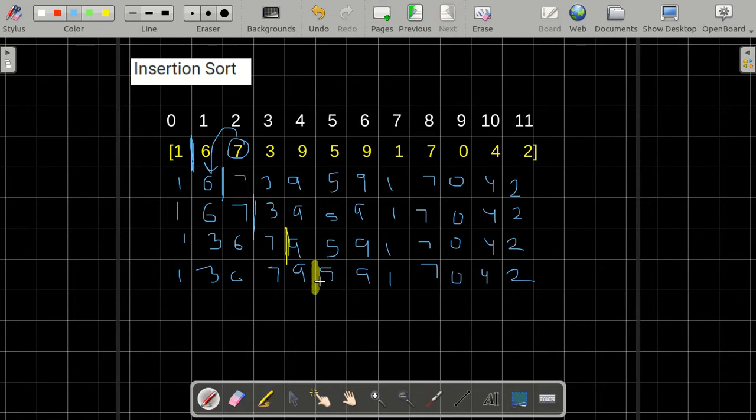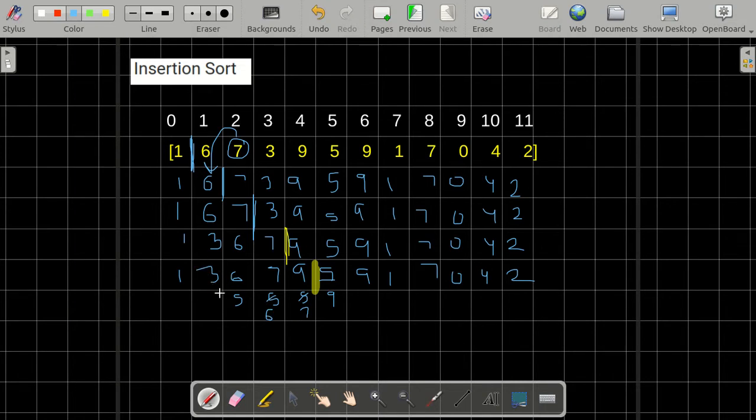Now our next number is 5. Now we compare 5 with 9. 5 is smaller, so we are going to swap them. Then I compare 5 with 7. Again 5 is smaller, so we are going to swap them. Now we check 6 and 5. 6 is greater, so again we are going to swap them.